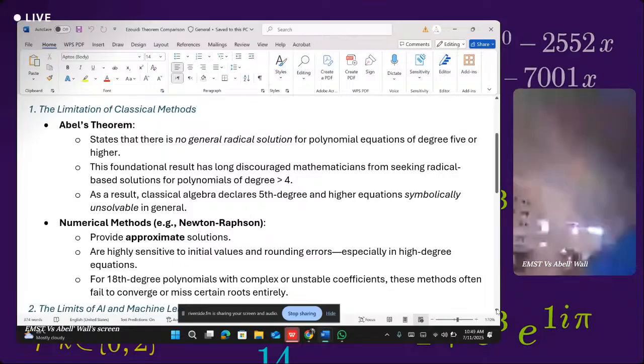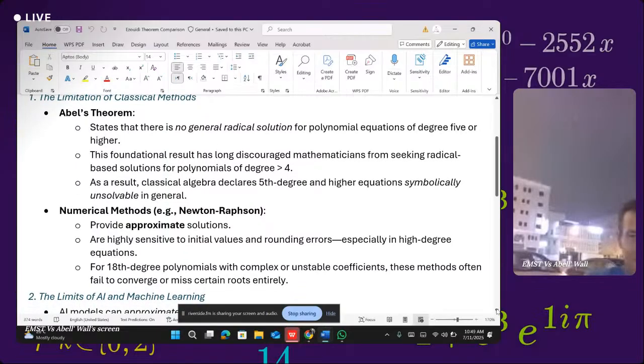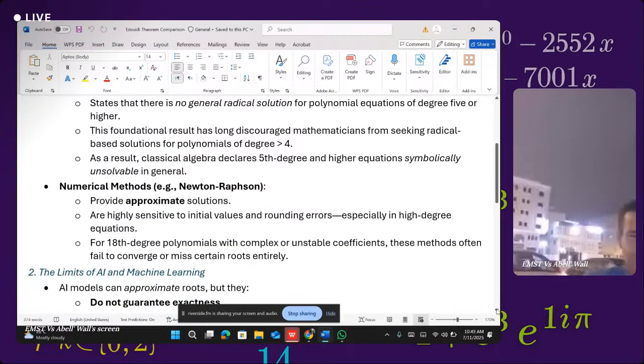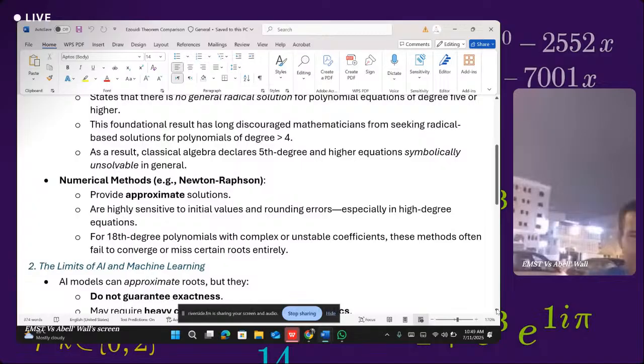Finding a single formula using just arithmetic and roots, like the quadratic formula we all learned for degree 2, that works for all equations of degree 5 or higher, Abel proved it's impossible. So that's a definitive stop sign. It was huge. It told the mathematical community, stop trying to find these neat, explicit, radical-based formulas for the general case beyond degree 4. And so classical algebra pretty much declared these higher degree equations